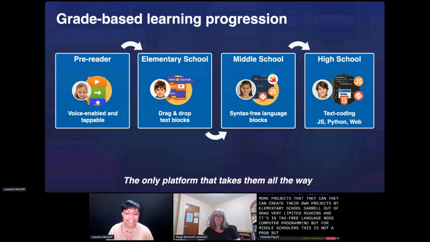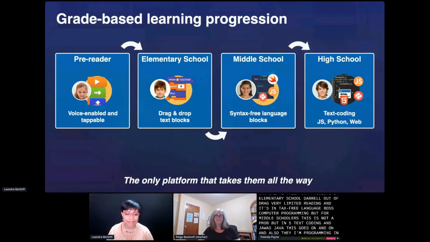And finally, in high school, they will be doing text coding in JavaScript, Python, HTML, CSS, Java, P5.js, the list goes on. They also have access to APCSA courses, APCSP, data science, and even art and programming in Processing, P5.js.